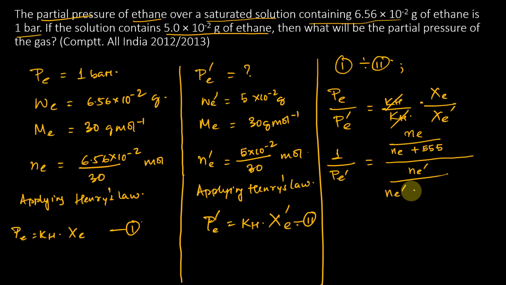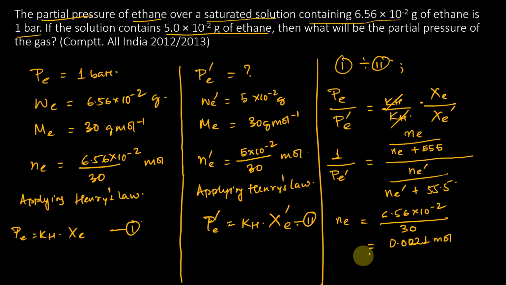Number of moles of ethane plus कितना हो जाएगा, it will become 55.5. करेक्ट. सो यहाँ तक हम लोगों ने कर लिया. Now number of moles of ethane. Now check out one thing, number of moles of ethane is equal to, if I take this value, it is 6.56 into 10 to the power minus 2 divided by 30, and what is the answer it is going to yield you? So it is going to be very small number, 0.0200221 मोल, जो कि देख सकते हो कि काफ़ी छोटा नंबर है.